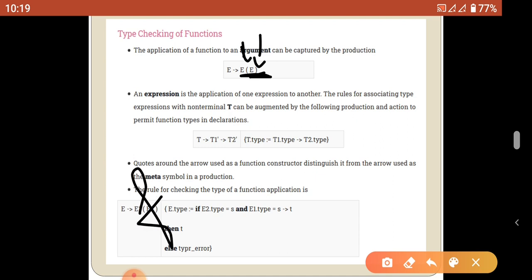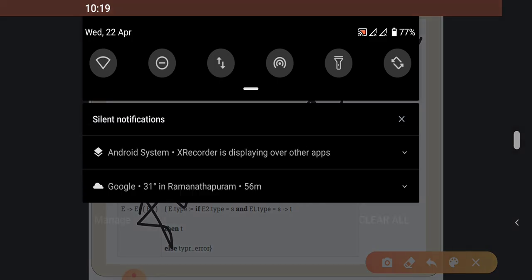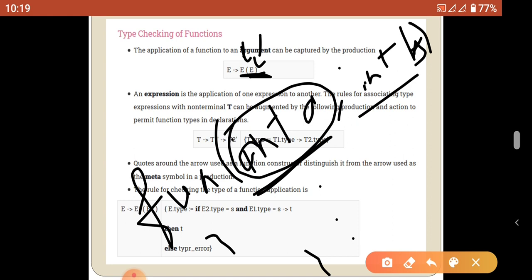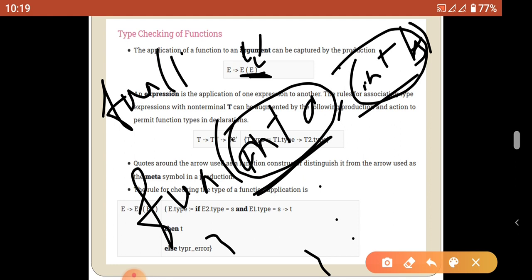Consider fun of int A, int B. Here the function definition consists of n number of statements. In the function definition we receive two kinds of parameters, int A and int B. These two parameters are received from the function call fun 10, 20.